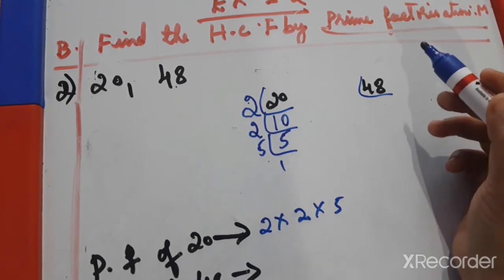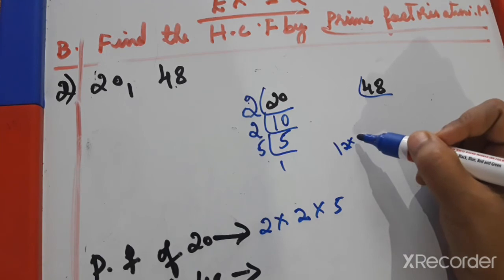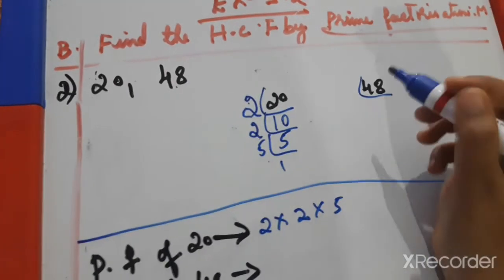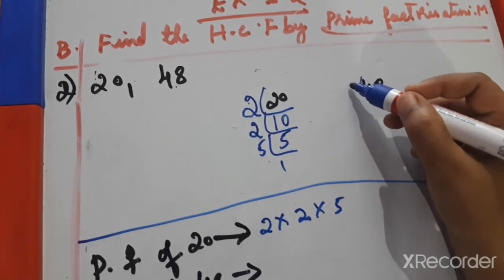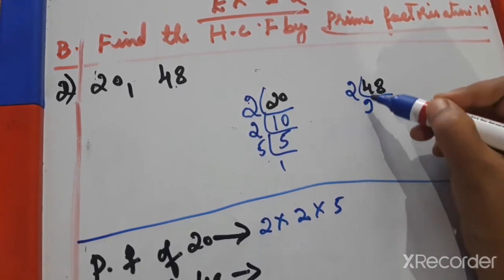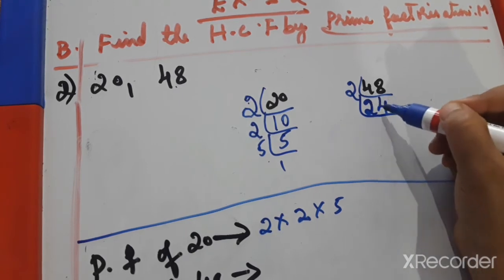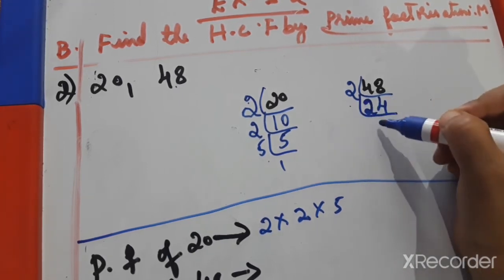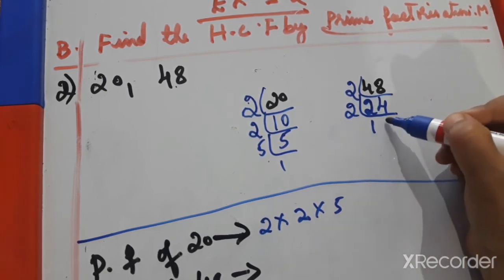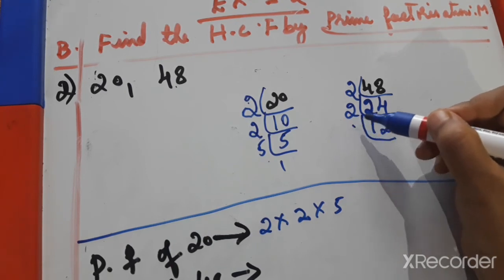Which tables does it multiply? 12 4s are 48, but 12 is not a prime number, and 4 is not a prime number, so we can't take these tables. The outside divisor should be a prime number. So 2 divides it. 2 is a prime number. So here 2 2s are 4 and 2 4s are 8. Now again 12 2s are 24, but 12 is not a prime number, so we can't take it. 2 1s are 2, 2 2s are 4. Then the outside number should be a prime number, children.